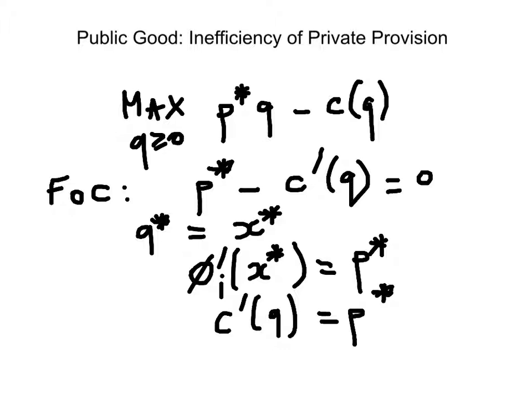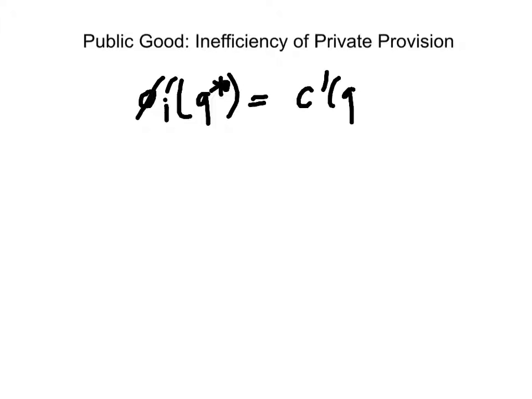So we can now put the two together. So for each consumer, we're going to have the marginal utility equal to marginal cost of producing the public good. So if we sum it up for all consumers in the economy,